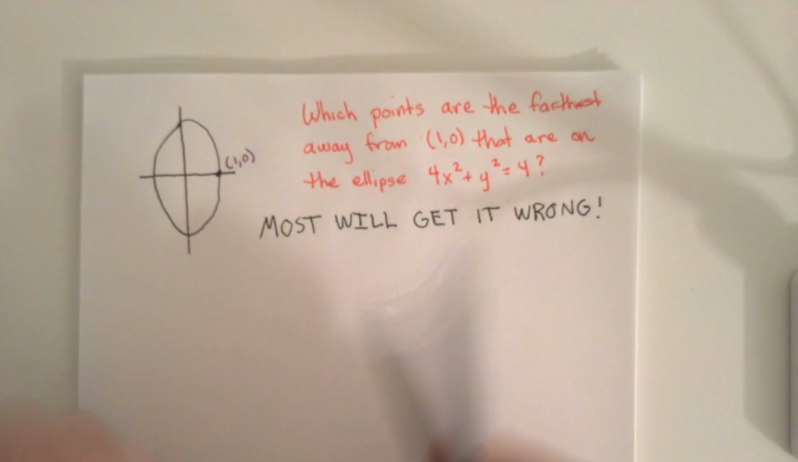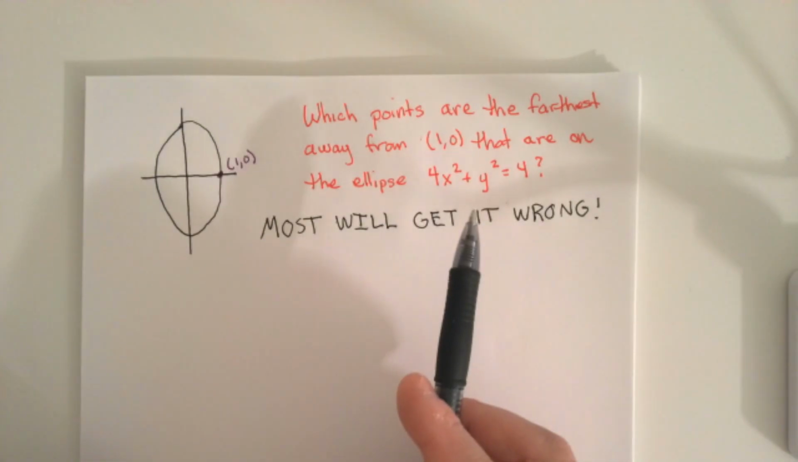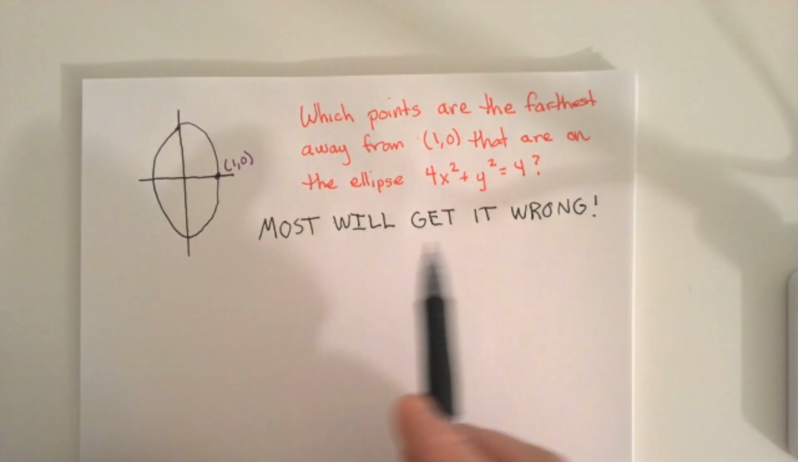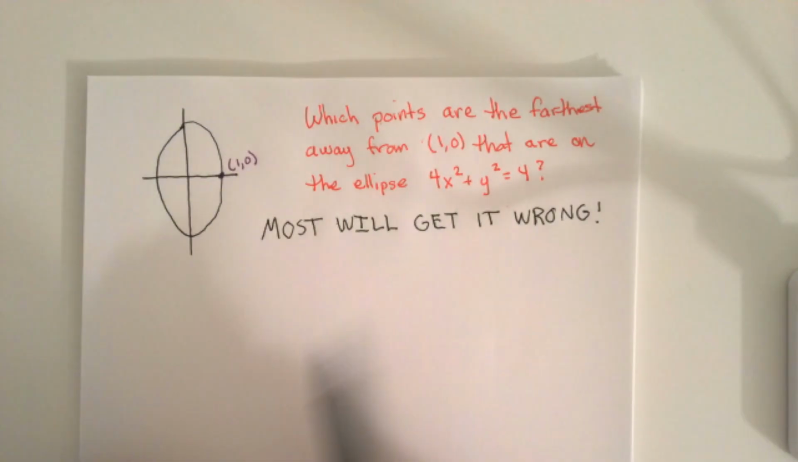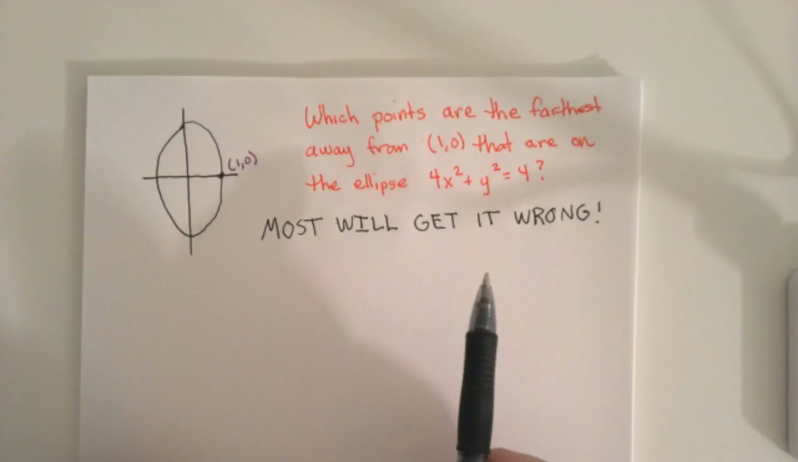Which points are the furthest away from (1, 0) that are on the ellipse 4x squared plus y squared equals 4? I bet most will get it wrong here, because that's what all the titles on YouTube seem to say,